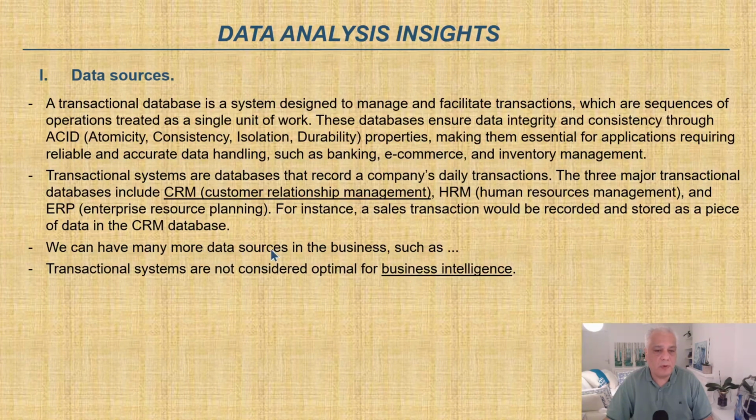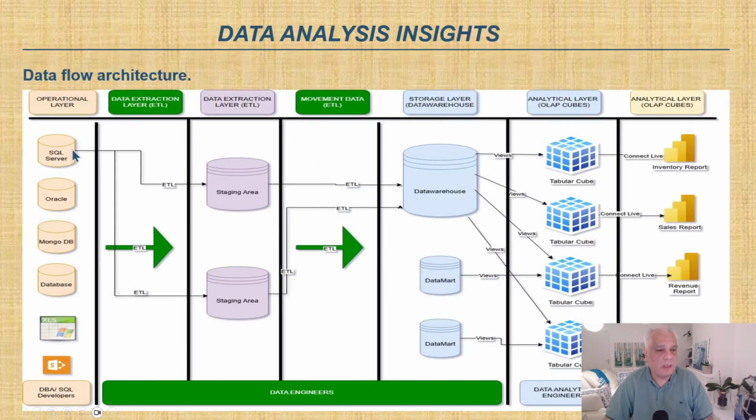We can have many more sources in the business, such as SQL Server databases, Oracle databases, MongoDB databases, which are non-SQL databases, and Neo4j, which are graph databases. We can have Excel spreadsheets, SharePoint files. We can have vendors such as Salesforce. We can have many